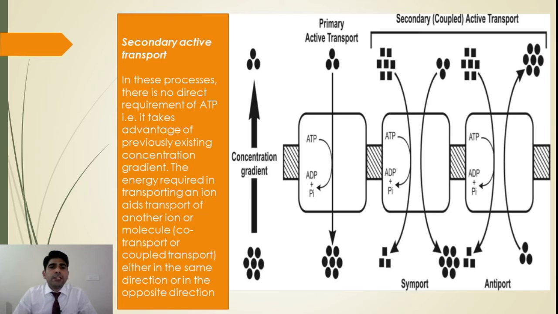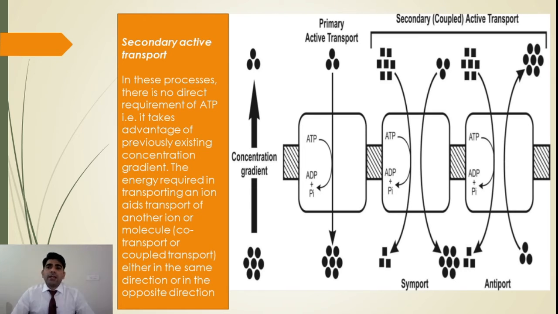Now we are coming to the secondary active transport. In the secondary active transport, there is no direct requirement of energy in the transfer of a drug molecule. Why is it called secondary? Because the energy involved in the transportation of one molecule helps the transportation of another molecule, which is desirable. Got it? So there is an indirect involvement of ATP, and simultaneously the two molecules are moving either in the same direction or in the opposite direction.